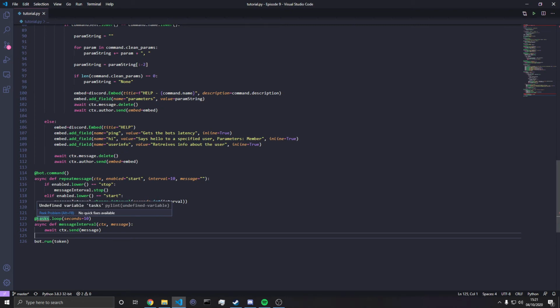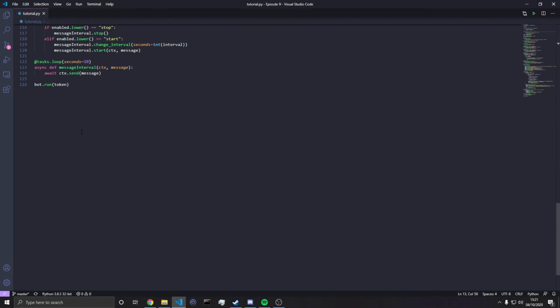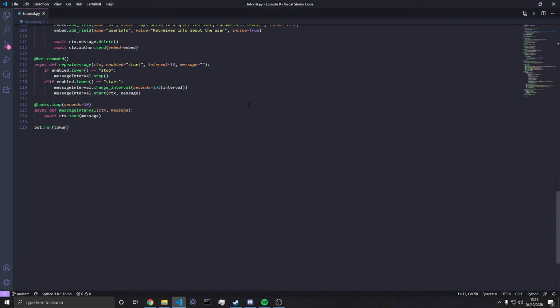What is this? Undefined variable tasks. We did import tasks, didn't we? Oh, no, we imported task. It's meant to be tasks you import. Sorry, I got that messed up. Okay, that should be fixed, and that should be our bot. So if we run it,